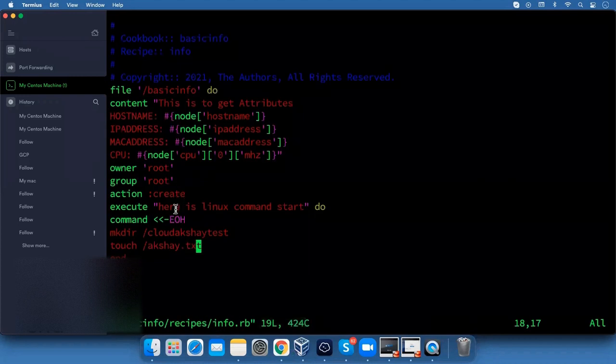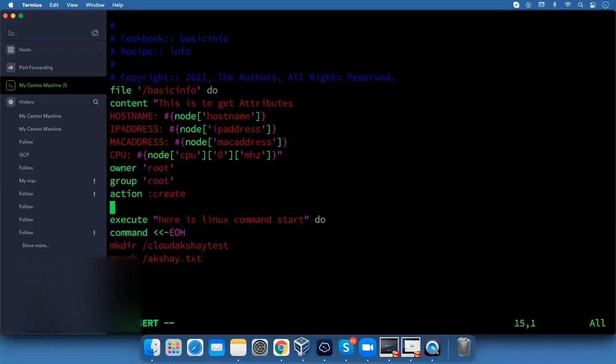So here we need to insert one more thing, EOH. Now save and exit.